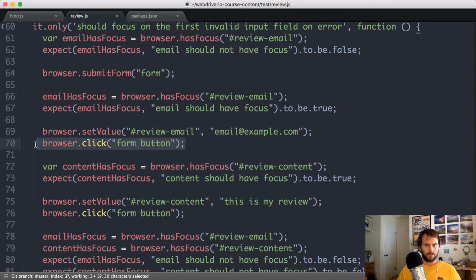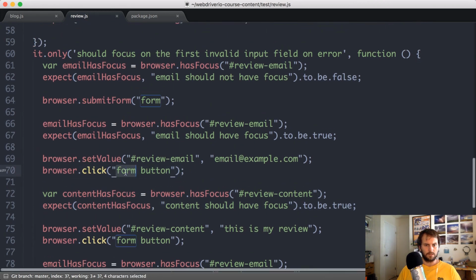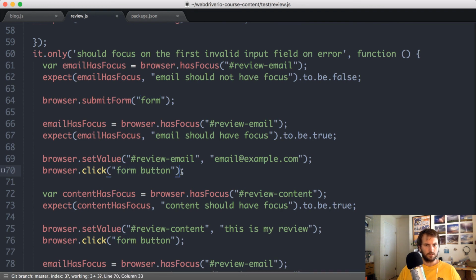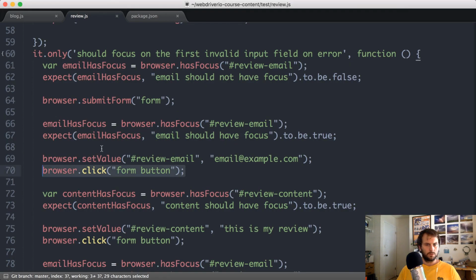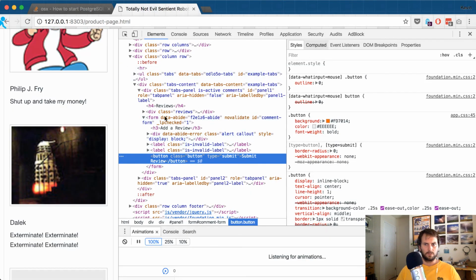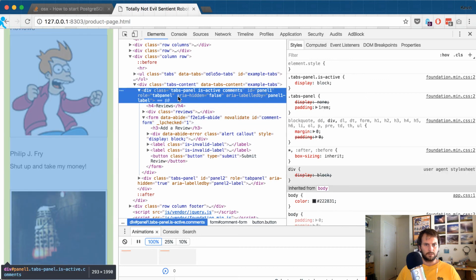I wonder if this click didn't work. I'm guessing it didn't. I think I did something wrong here. Form button. Let me think. Form. What if I just do button? I think. Oh, you know what? There's two forms on the page. That's right. I need to specify